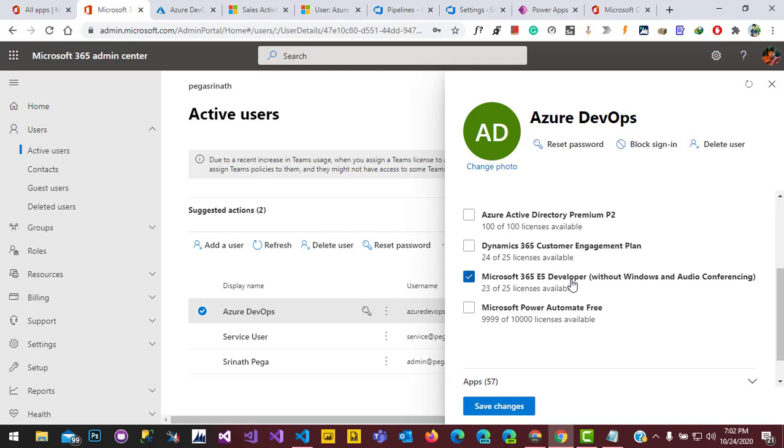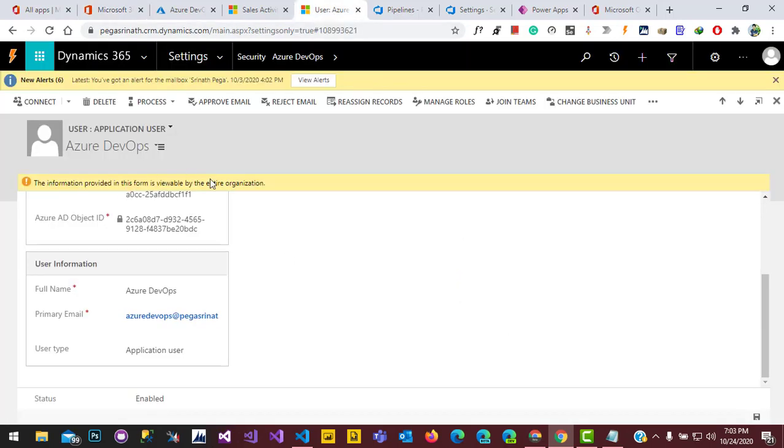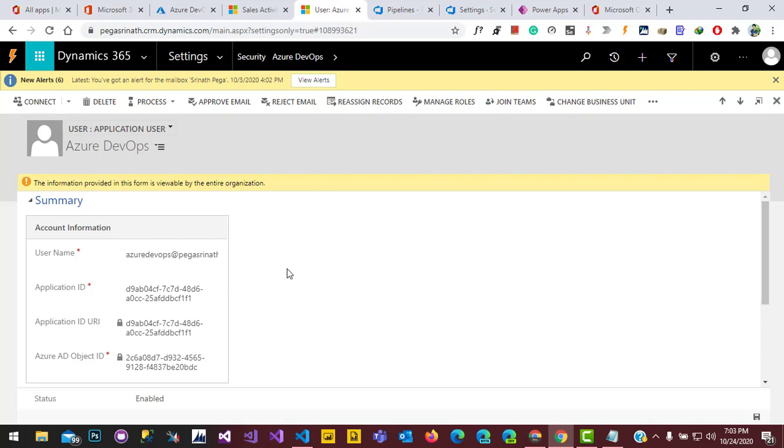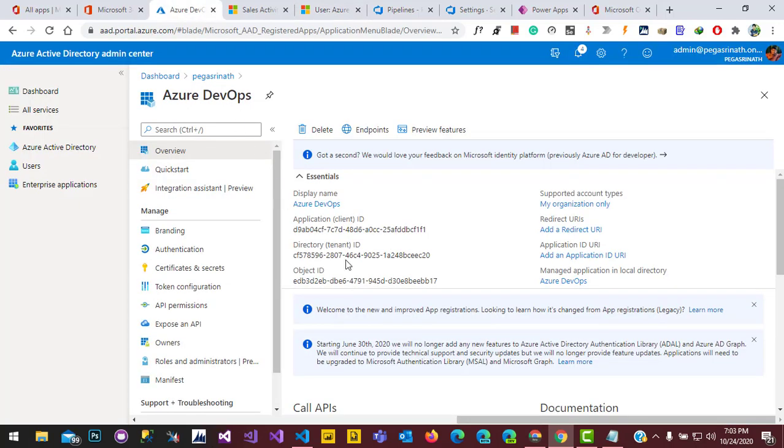We gave an Office license, which means this user with this ID and password cannot log into Dynamics 365, which means this account is a non-interactive account, which doesn't allow us to log into the system, but it will create an application user in Dynamics 365. See, this is an application user for Dynamics 365 which is connected to the app registration with the help of this application ID.